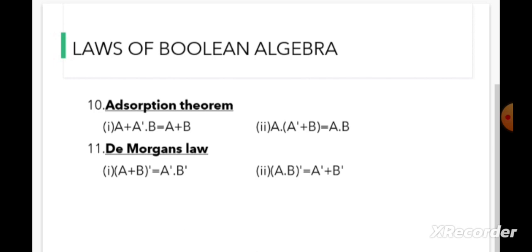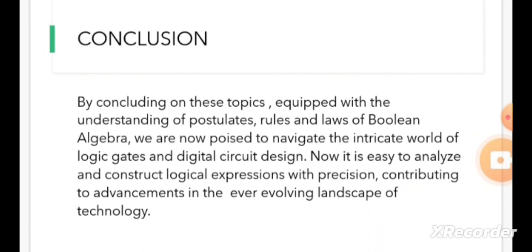So now, concluding about the postulates and laws of Boolean algebra, I guess you understood that it can be used to solve logic gates and digital circuit designs, and we can easily analyze logical expressions. So I hope you understood about the laws and